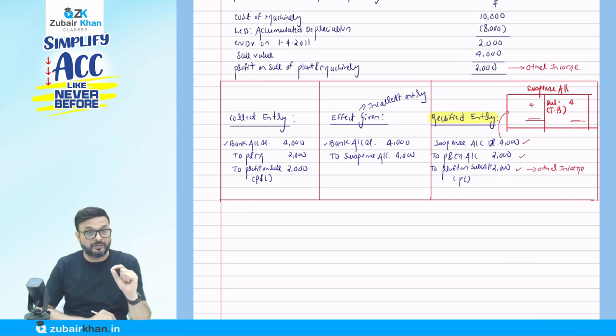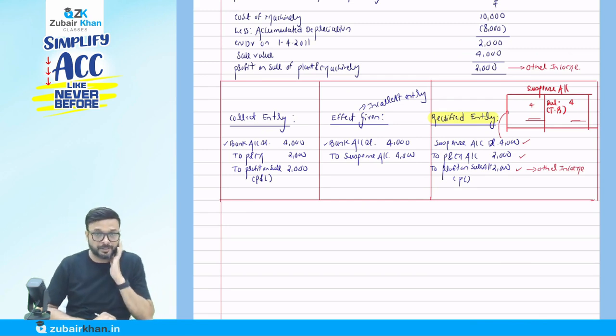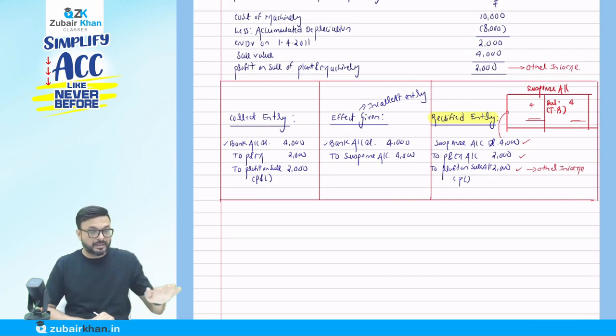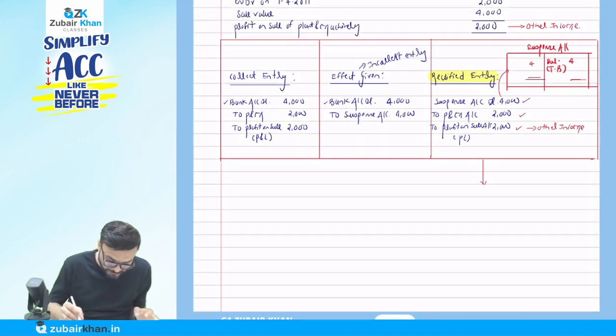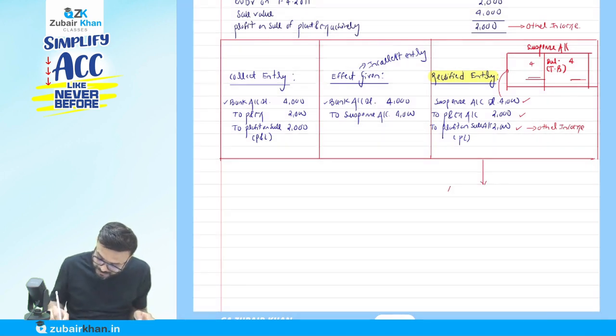But remember that if we have maintained a provision for depreciation account, we also call it the accumulated depreciation account. So whenever we sell any asset, the accumulated depreciation account has to be transferred to that particular asset account. For your reference, write it down like this: at the time of sale